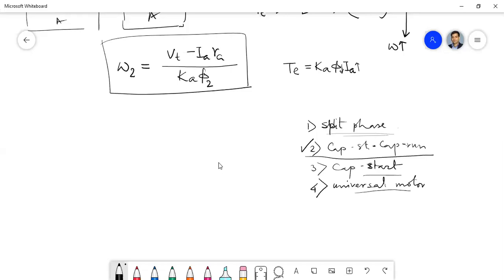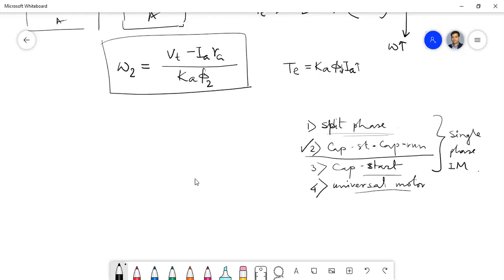A universal motor is used in some of the ceiling fans, not all. As we mentioned in the case of railways, we have some ceiling fans which use a universal motor, or you can say a DC series motor. Clear? But all these will be discussed in Machine 3, because it's basically a single phase induction motor. That is not in this syllabus. Okay.